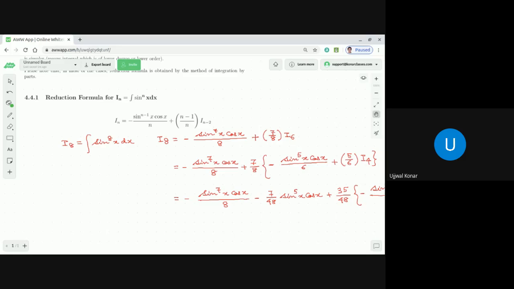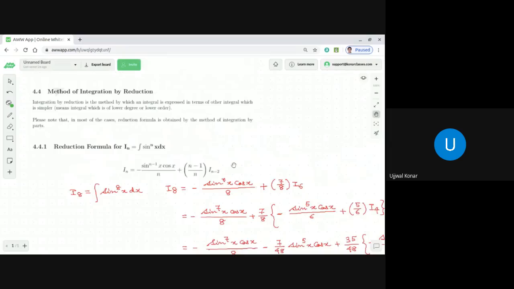But now, another question which I thought you may ask: how did you derive this formula, sir? From where did this formula come? Actually, we derived this formula using the method of integration by parts. But you need not do it at this moment. If you are interested, you can try a few, but it is not required. So what then is integration by reduction? Method of integration by reduction.